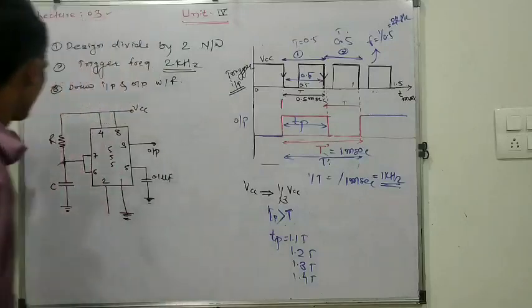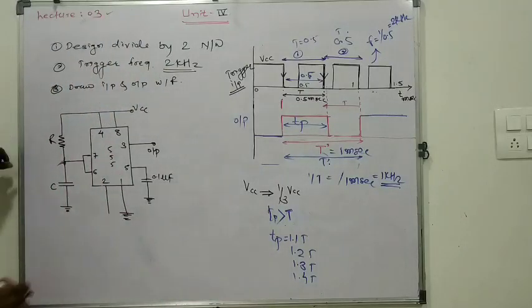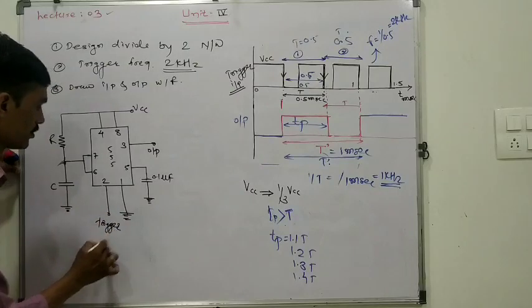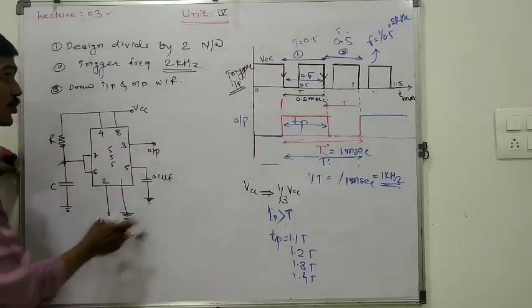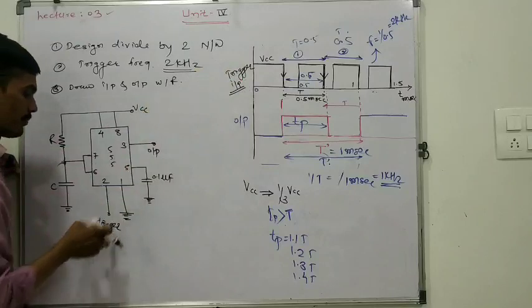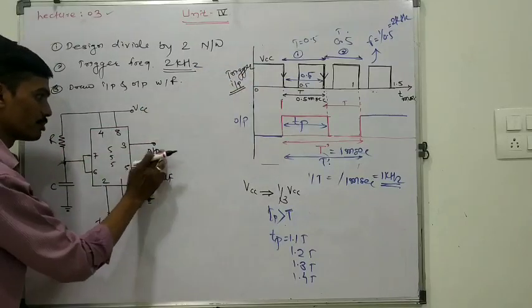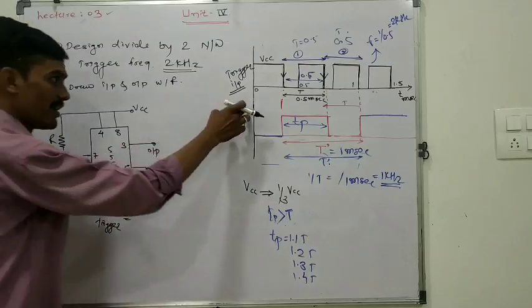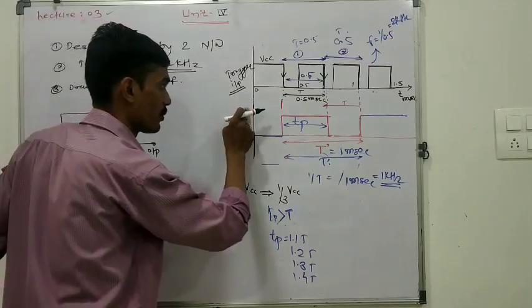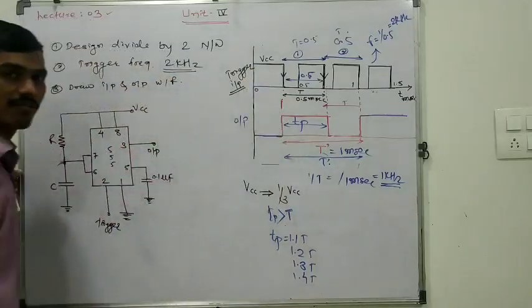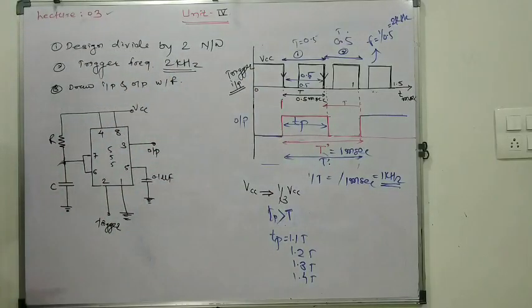So this is the block schematic, with the trigger input that we are providing here. This is called the input waveform, which is of 2 kHz frequency, and we have to draw the output waveform. Whenever there is a question to draw the input and output waveforms, that is the requirement of this given problem. So ultimately half of the problem we have solved here.